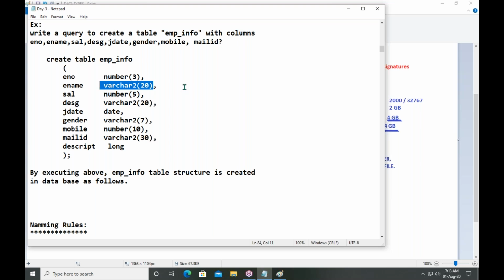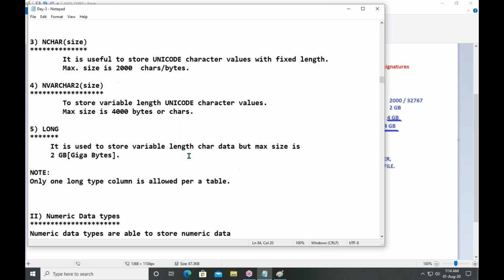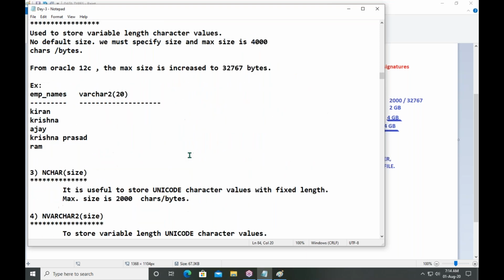Up to 11G, 4000 is the maximum size. From 12C onwards, the size was increased to 32,767. Okay, from Oracle 12C onwards.